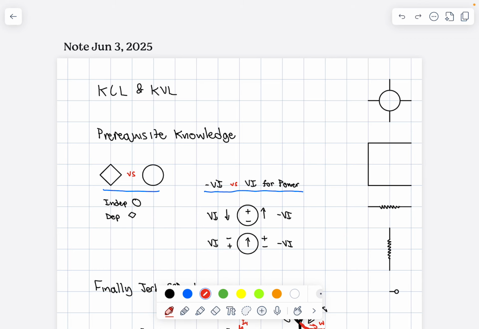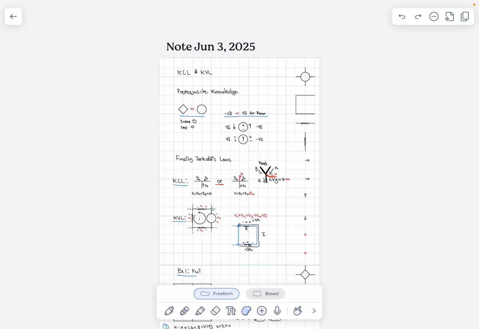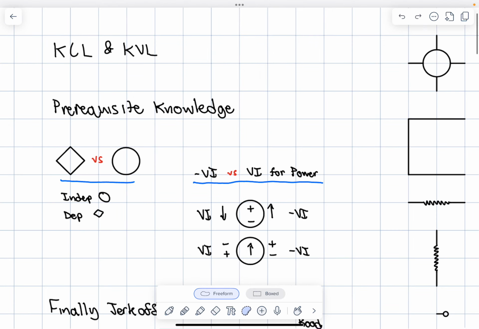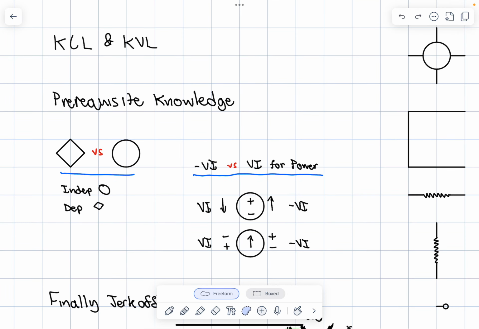Anyway, to focus on KVL and KCL and not get distracted with what the future holds, I want to start with prerequisite knowledge. Of course, as always, ignore this right side of my screen here. That is the stuff that I use to make pretty circuits that you will see later in the video. To get started, there are two main things you need to know that I haven't talked about yet in my source transformation video. The first is, what is the difference between when you have a power source that's a diamond